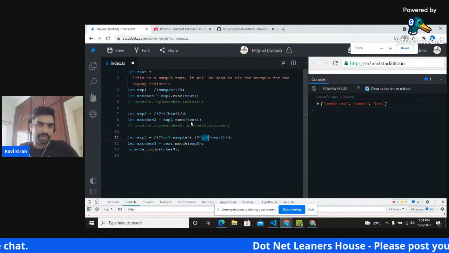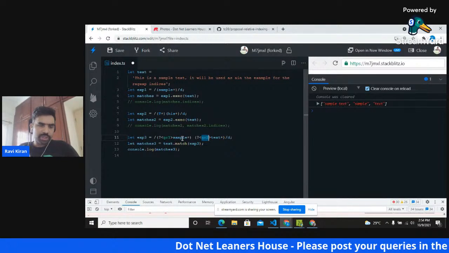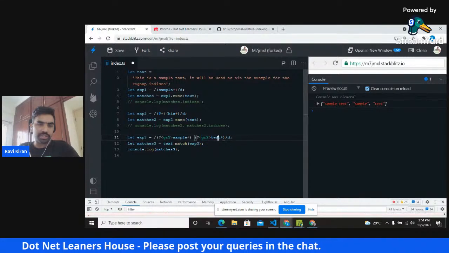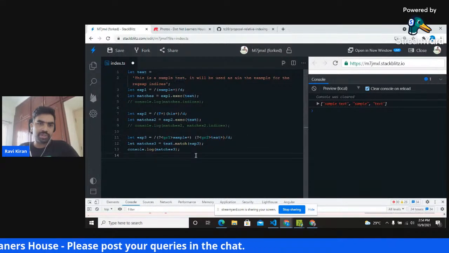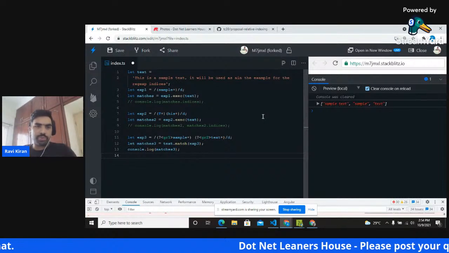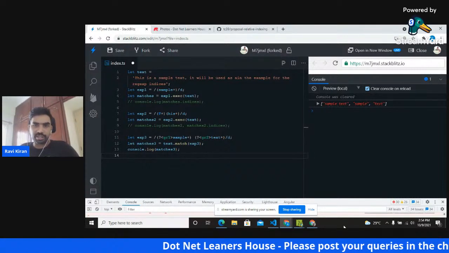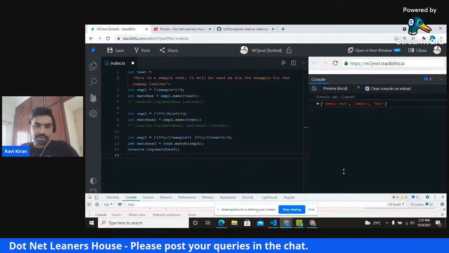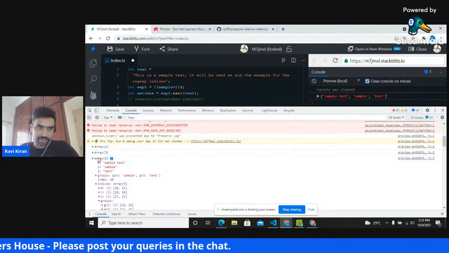Group 1 contains the subtext sample 1, and group 2 contains the subtext sample 2. Now this regex is going to get executed against the string, and the results are going to be grouped. If you see the response here, it's not any different, but if you see it in the full browser console,